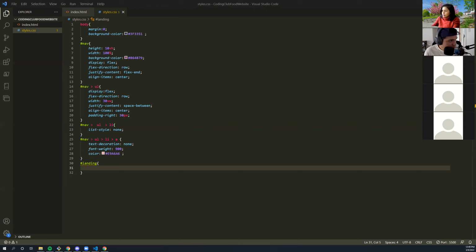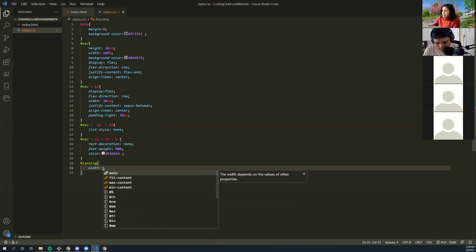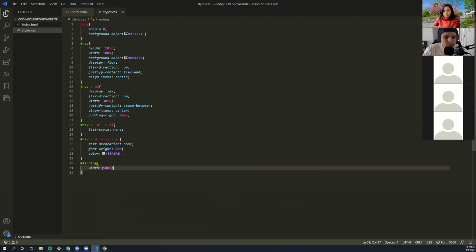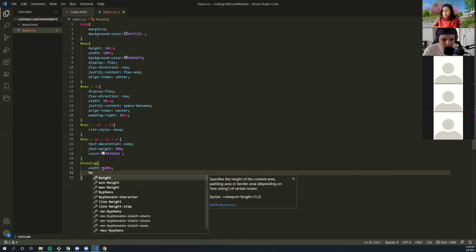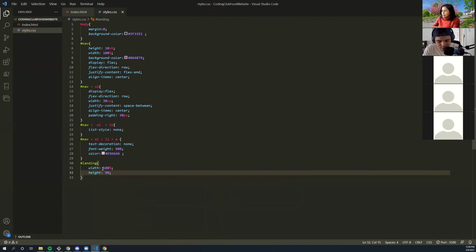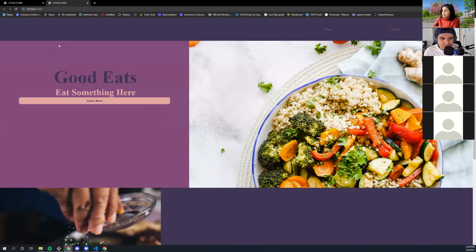So first, I'm going to give it a width of 100. I'm going to give it a height of 90 viewports. All right. I figured out this 90 viewports because I already have 10 viewports being taken up by this nav bar, right?